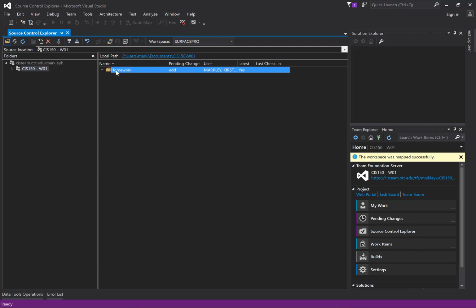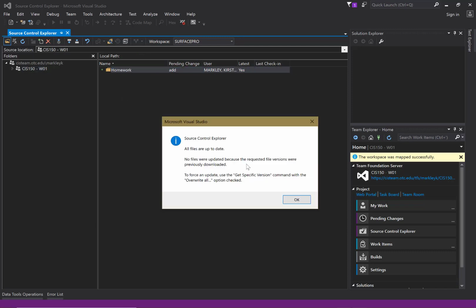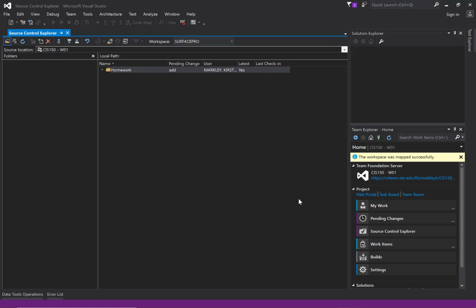And in order to get it into my local path, I'm going to come up to this menu item at the top, and it says Get Latest Version. So what I've done is I've created a folder on the server. You can see that I've made the change, and so I'm going to get the latest version. And that should now make my local folder